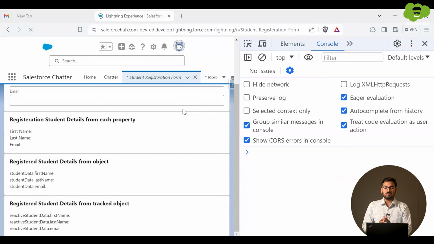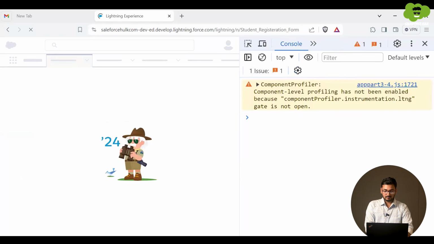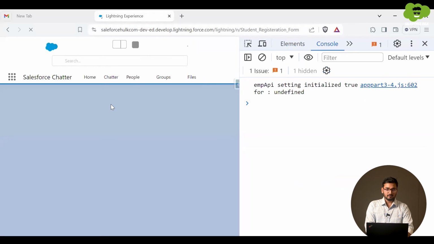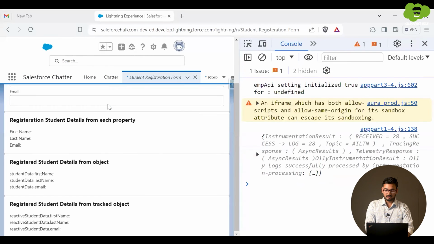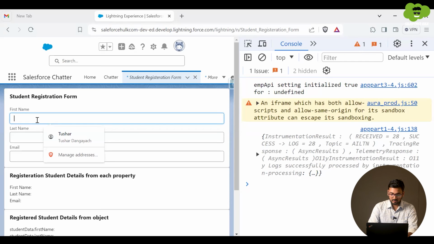I'll refresh the page. And here I'll type into this input box, again Harry.